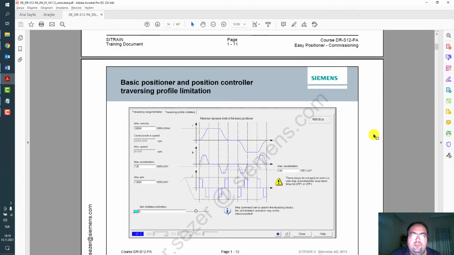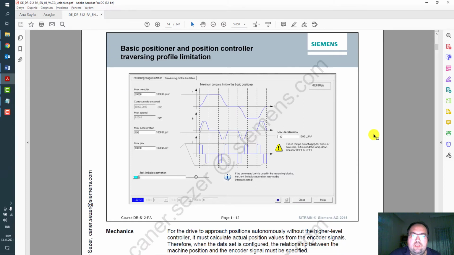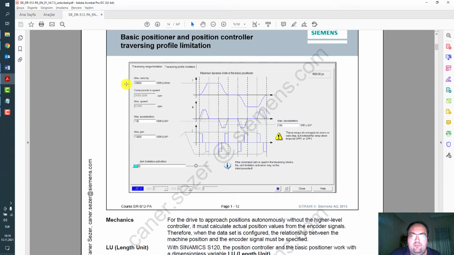And the next page, position controller and basic positioner traversing limitations. By default values for dynamic limitations, for instance, maximum velocity, maximum acceleration or jerk, we will define here, and it is possible to connect a parameter for activation of jerk limitation, maximum deceleration, and so on.